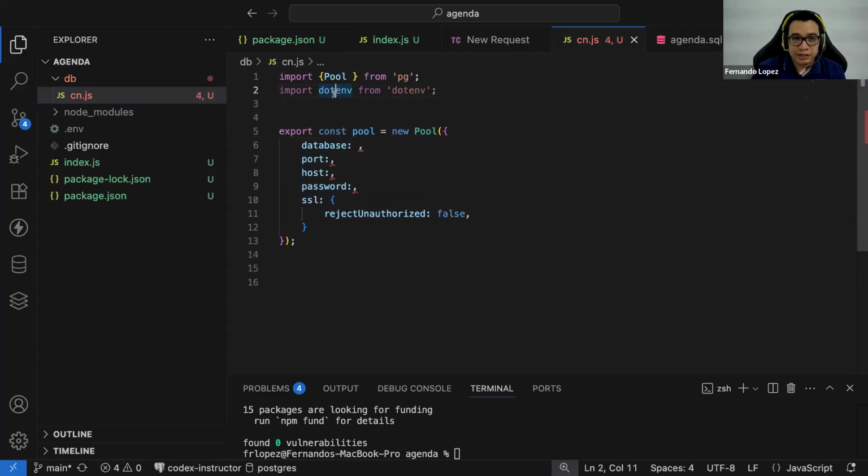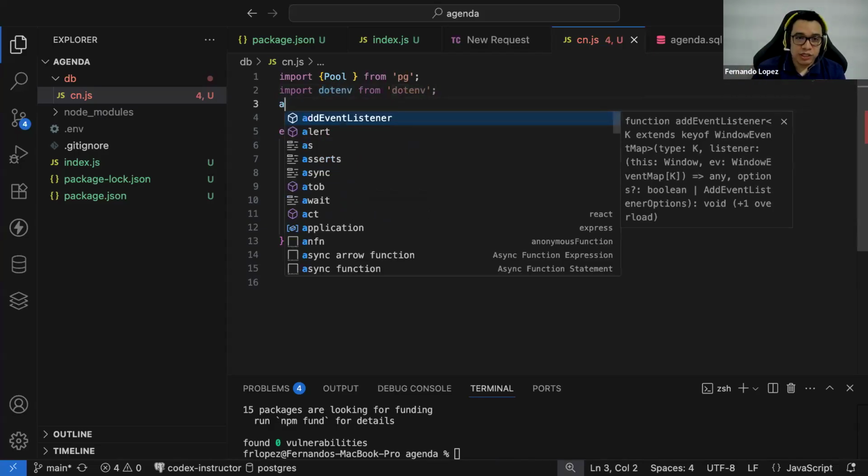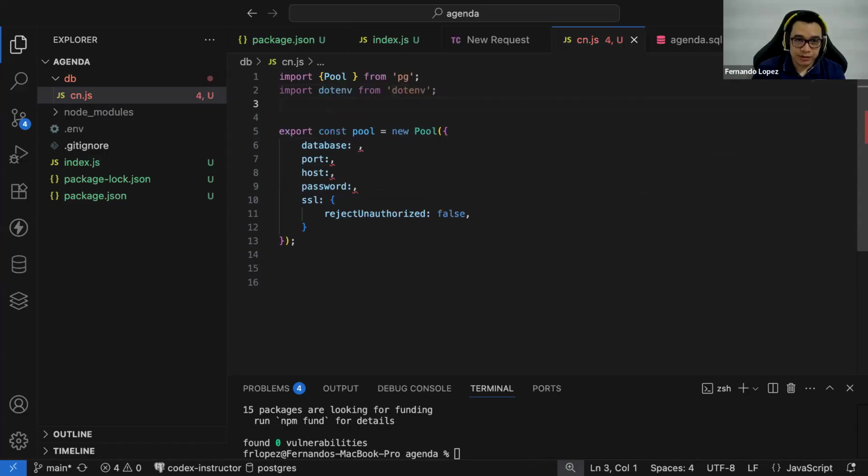Then when we import that library to our connection, we need to enable the configuration, so we need to access the method config. Once we have done these two lines of code, we can have access to the .env file.